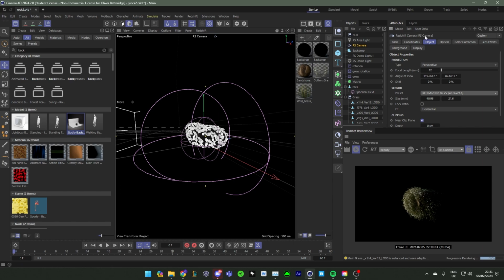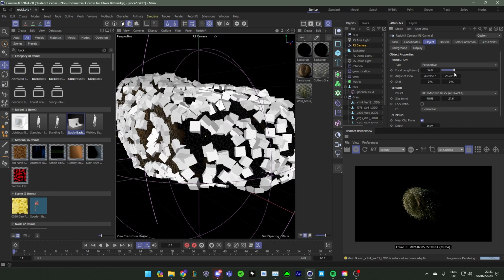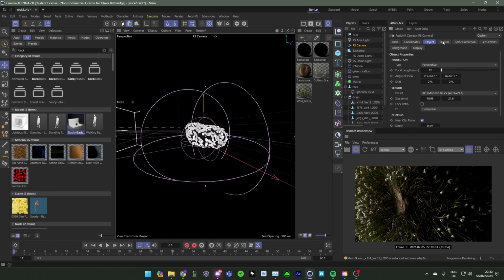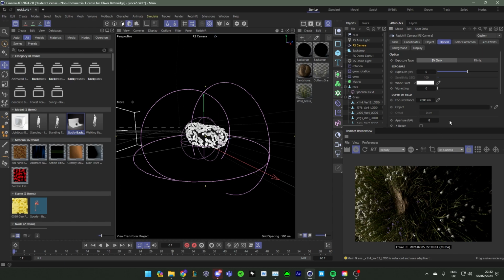I think that's quite nice. It adds a bit of rounding. If you increase it, obviously we can change the focal length. We can make things zoom in effectively without zooming. But this is quite a good point. So we then go to optical,